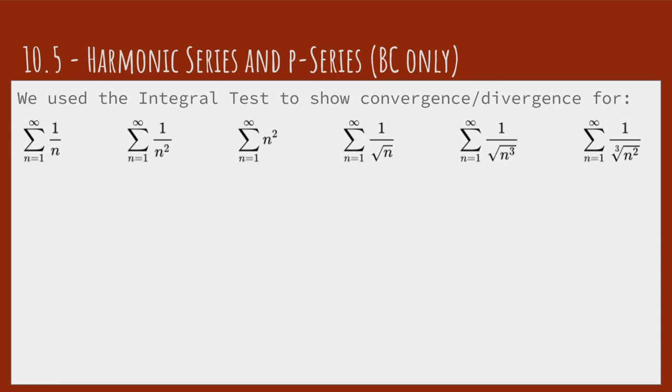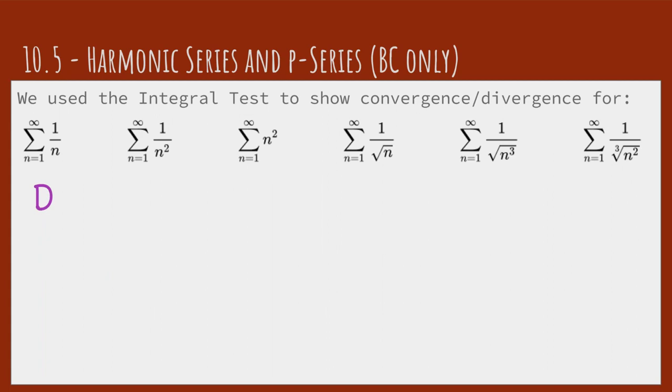So if you remember the integral test, we can rewrite essentially or look at an associated function and look at the integral from 1 to infinity of 1 over x with respect to x. And if that integral converges, then the series is going to converge. If that integral diverges, then the series is going to diverge. Well, this is something that I went through in the last topic, so I'm not going to do that again with these specific examples. But if you remember,